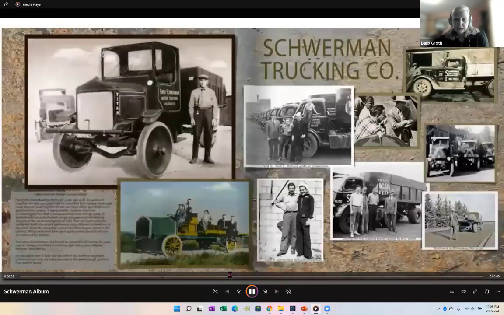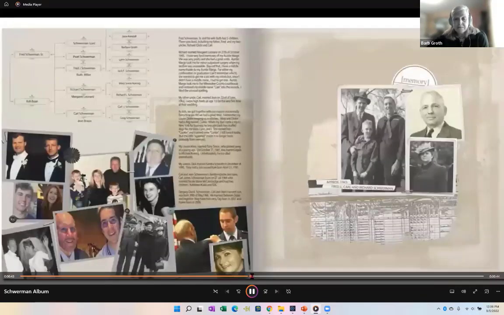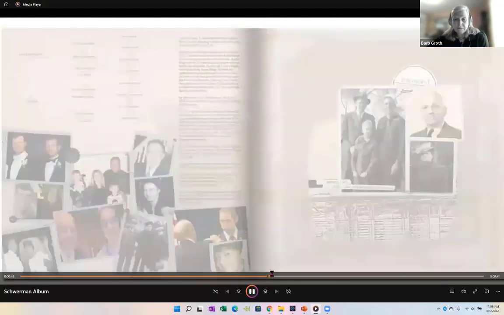He owned a trucking company. My grandfather rather actually was the one to start the company, and so here's all the information about the next generation. After my great-grandparents, I start to talk about my grandfather and his family, and then move on to talking about